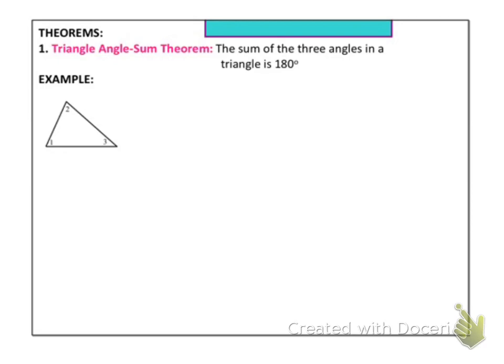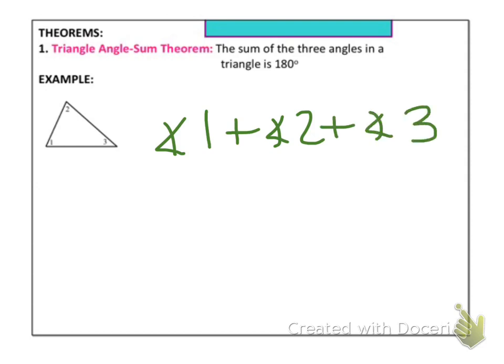Next, one of the first theorems about triangles is the fact that the sum of all 3 angles in a triangle is equal to 180 degrees, which again means supplementary. Okay, we learned that back with our lines. So in this example, angle 1 plus angle 2 plus angle 3 add up to 180 degrees. We're going to look at an example on this. Okay, so our first example